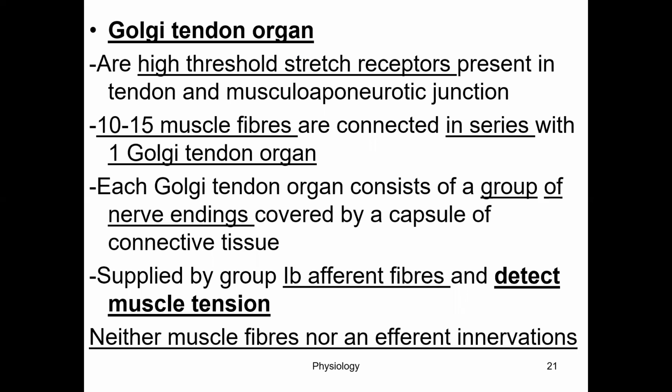So the second muscle sensor is the Golgi tendon organ. These Golgi tendon organs are again stretch receptors. Whenever there is a stretch in the muscle tendon, they will get stimulated. So what happens if the Golgi tendon is not there? It will not detect the tension in the muscle, so there may be a rupture, a tear in the muscle. So it detects the tension in the muscle, and it gives information to the spinal cord for the stretch reflex.